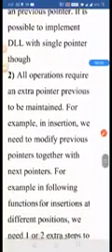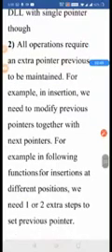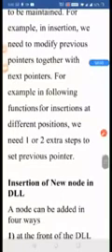For example, in insertion, we need to modify previous pointers together with the next pointers. Extra memory space and extra maintenance are required because, suppose we want to insert an element in the list, we have to modify the previous pointers as well as next pointers. That's why the extra pointer needs to be maintained. This was the disadvantage of the double linked list.